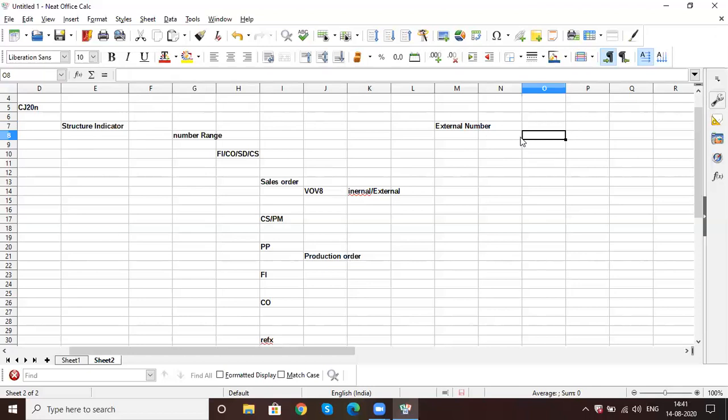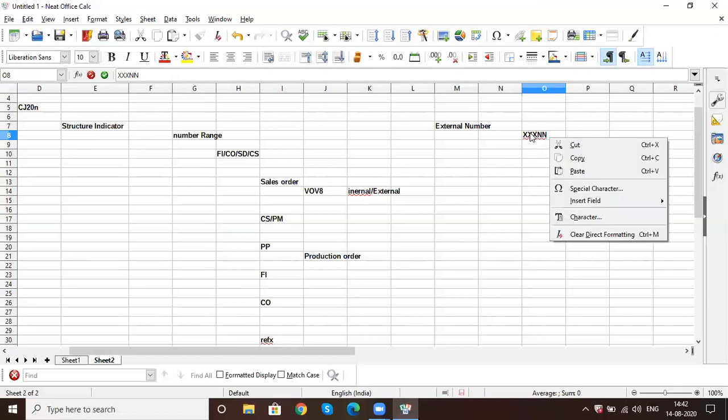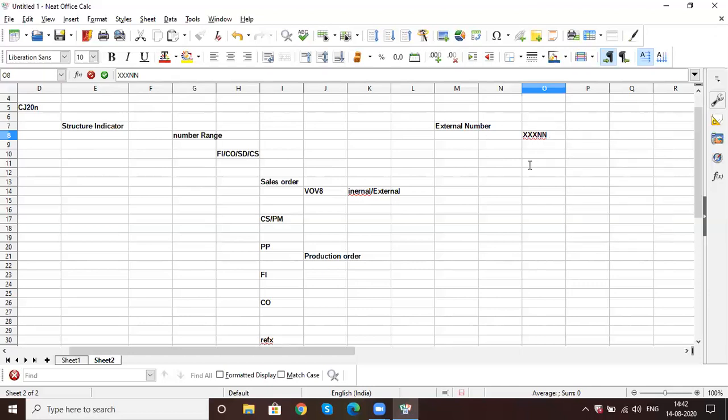It is just like functional locations, which are also alphanumeric. It has an X number range or an N number range, where N denotes numeric and X denotes alphanumeric. There is some kind of structure we need to follow. We will see the configuration when we actually go inside the structure indicator.